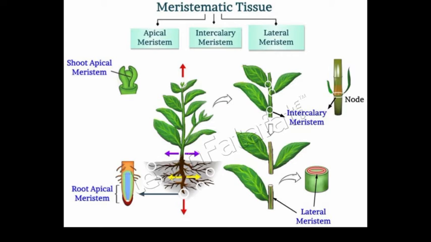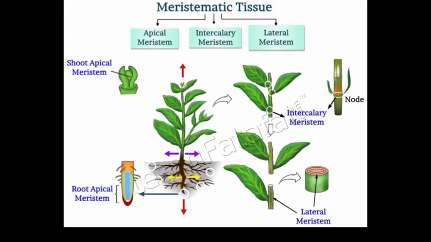Actively dividing cells are present in the growing region of the plant, for example the root and shoot tips. Okay, so this is all about meristematic tissue. Its location is in root and shoot tips. Secondly, it has an active metabolic state, that's why stored food is absent. Next, a large number of cell organelles are present, and generally vacuoles are absent, and they have dense cytoplasm, nuclei are prominent, intercellular spaces are absent, that's why they have compact tissue, and their cell wall is cellulosic.